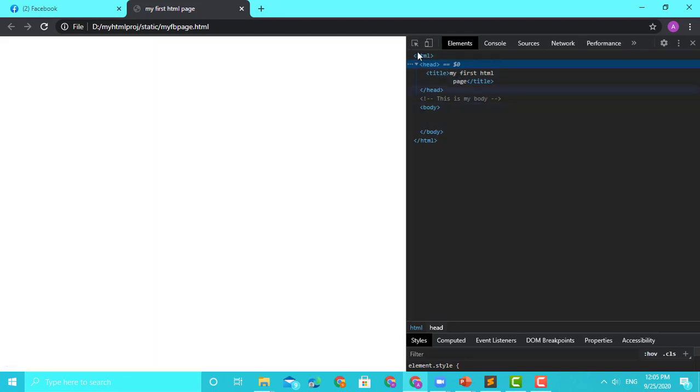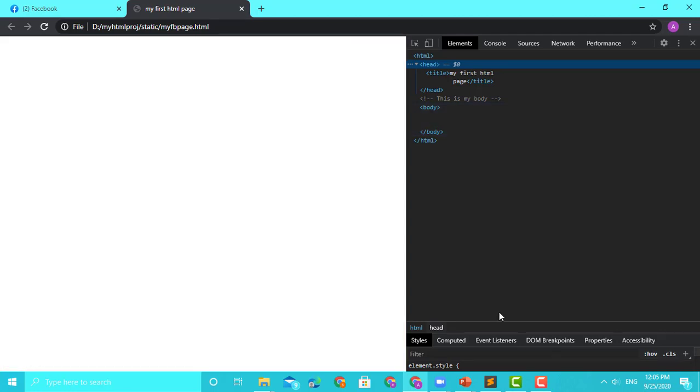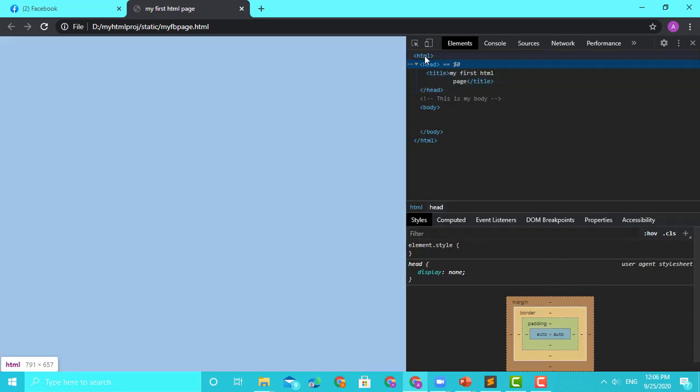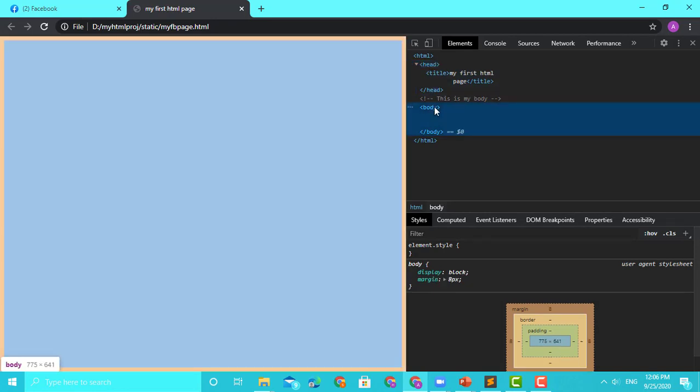Okay, if you click on this and hover, you see an orange box outside. If you can guess what it is, there's something there. There is an orange box coming up. Let's see what it is actually. Okay, so I will go to my page head, and when I go to body I'll click on the body.